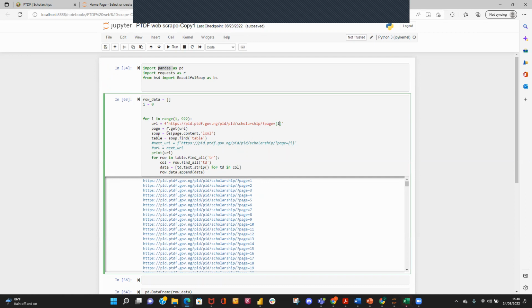So we use the requests function to pull out data from page 1 to page 922, and then organize it into a table. This process was run 922 times, once for each page, and then it was organized into tables and rows